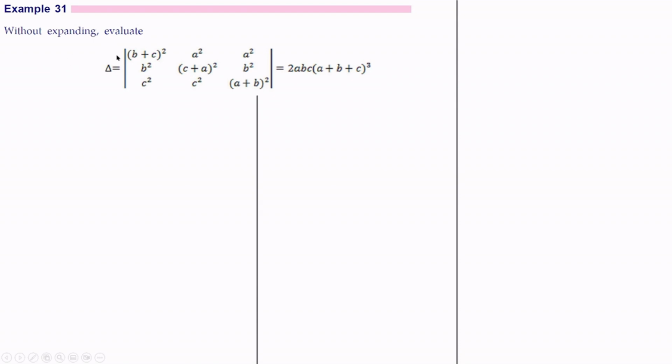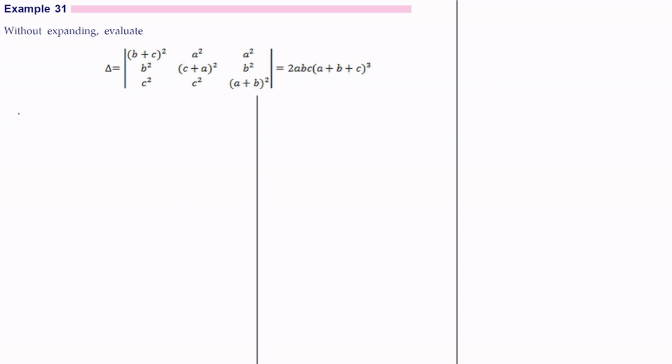Without expanding, evaluate this determinant. It is determinant of b plus c the whole square, a square, b square, c plus a the whole square, b square, then c square, a plus b the whole square. And we have to check whether this is equal to 2 into abc into a plus b plus c the whole cube. So here let us use the properties of determinants and